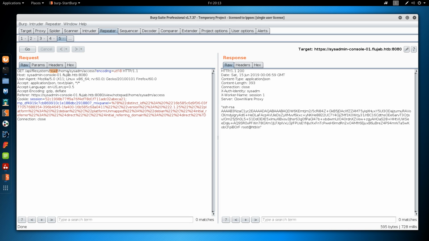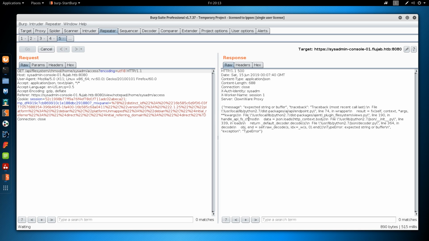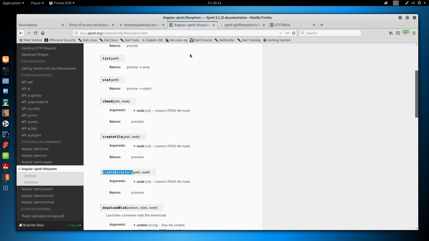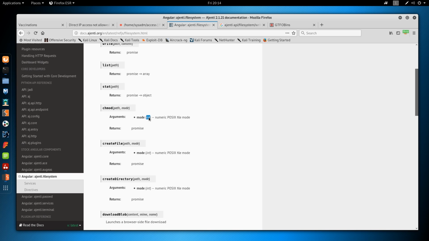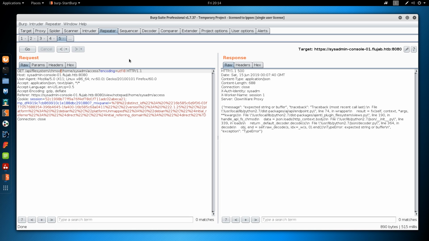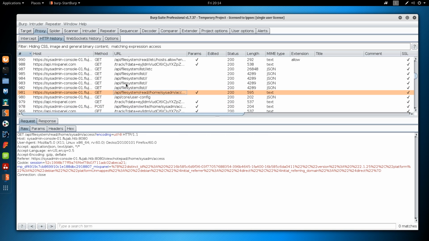So if we try create directory, we'll get URL not found. If we do chmod, we get an error message. Because if you look, the API says chmod takes two different things: path, and then you have to have the mode argument. And the mode is an integer. So if you look at previous commands, how they do this, let's see,